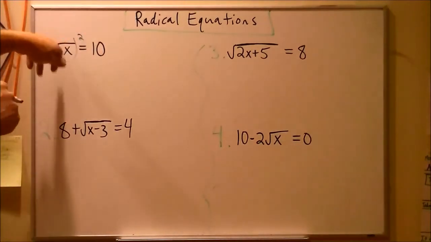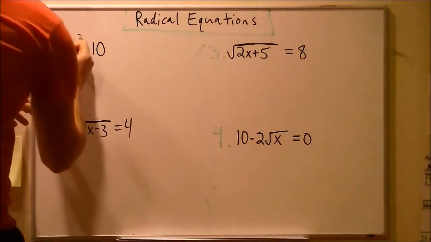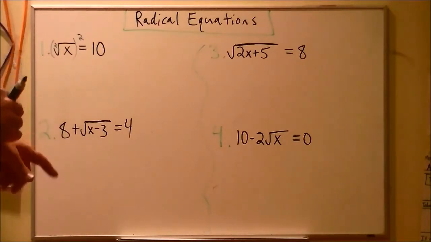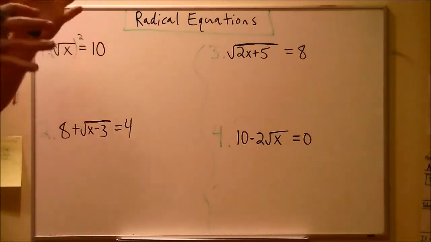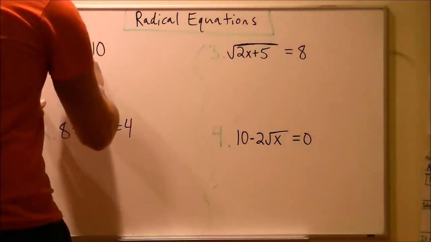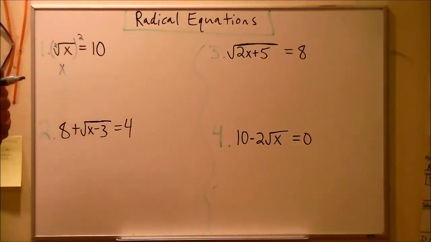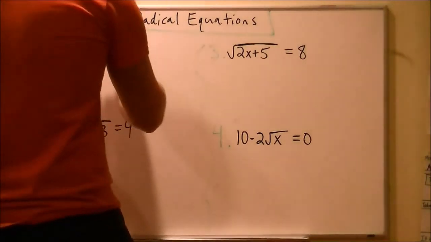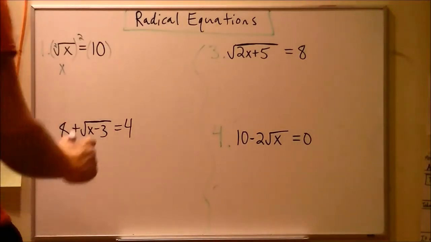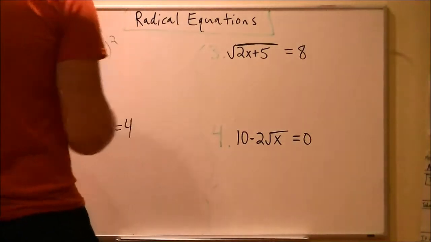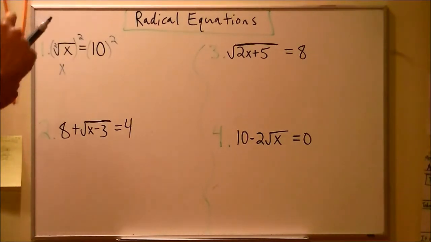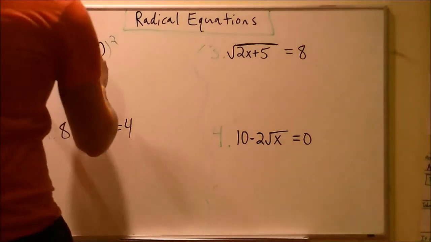Okay? Because when I square, that's the opposite, remember, of a square root. It's so obvious we don't write it in. But see how those numbers are the same, just in an opposite way. And so that gets rid of those, and that's going to give me just the variable x. But what I do to one side, Anna, I have to, good girl, do to the other side. So just as I squared that square root of x, I have to square the 10 that's found on the right side of the x. And so what is 10 squared?